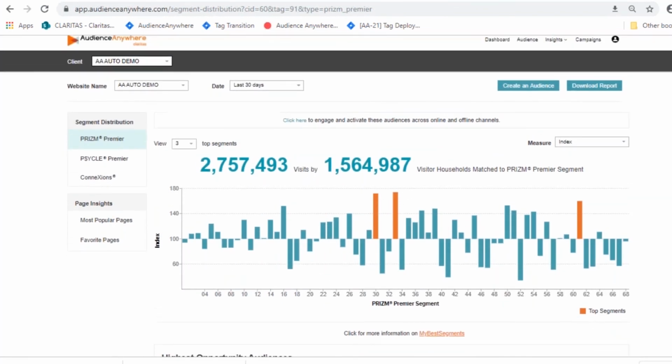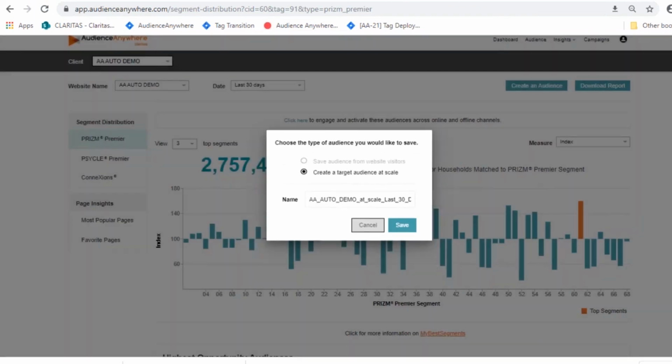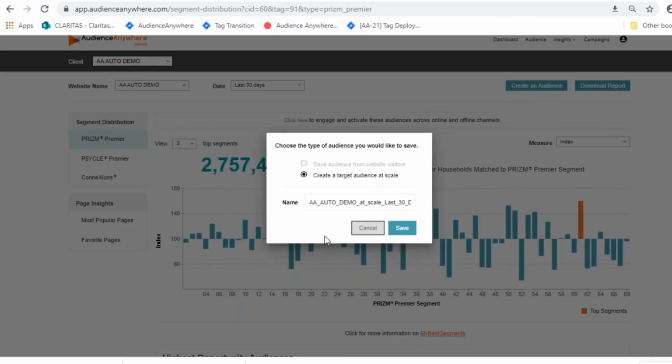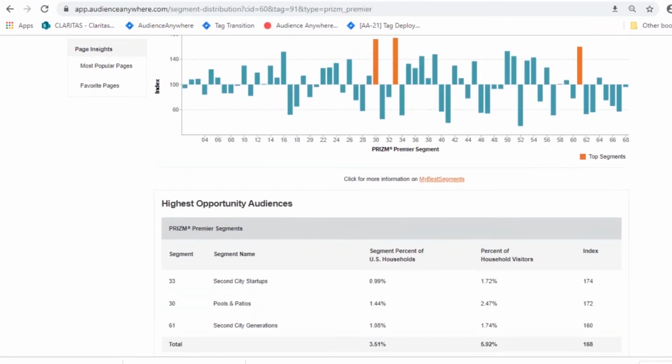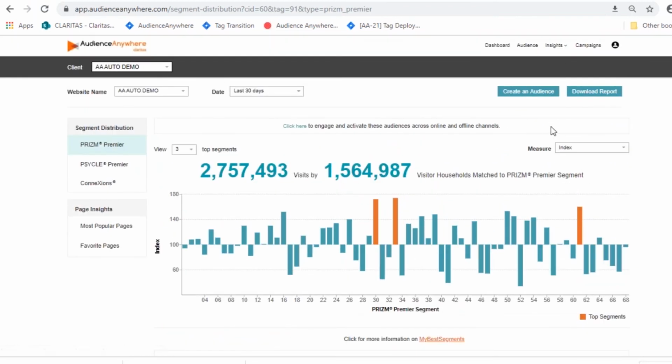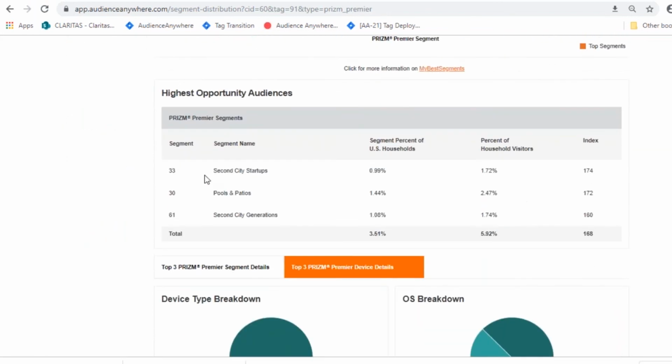We also have, and we'll go deeper on this in another module, another training, another demo, the Create Audience button. So by clicking this and selecting Create Target Audience at Scale, this will port over these top 3 segments that we have highlighted right now into the AudienceAnywhere Audience Builder and allow you to further refine. So you'll start out in the Audience Builder with the top 3 segments here. So you'll start out with segment 33, 61, and